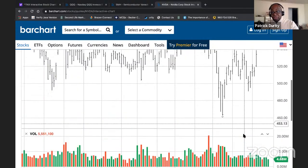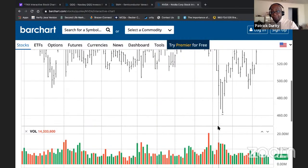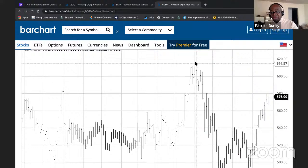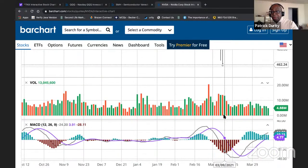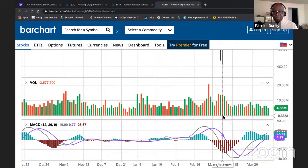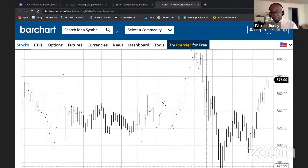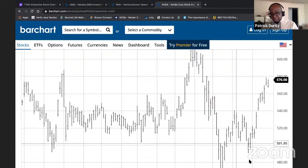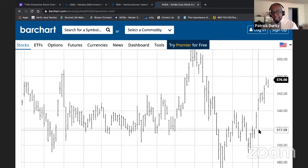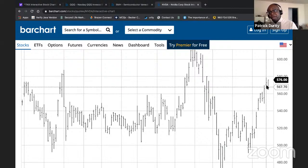So anyways, as you can see, NVIDIA, with the rest of the market, the tech space, has completely broken down from a high of around 620 to 460 when the tech market bottomed out around the first week of March. But here again, it's just like the semiconductor SMH and the QQQs. It's formed a bottoming trend. Here is a double bottom, just like SMH formed a double bottom, and it's broken through this trend line at around 540, and it's moving higher